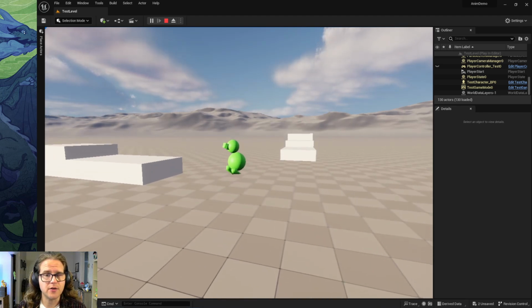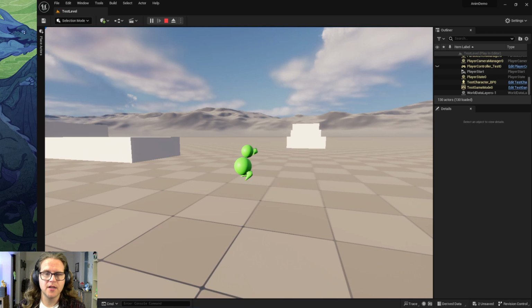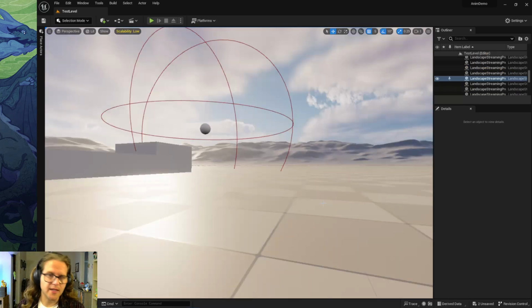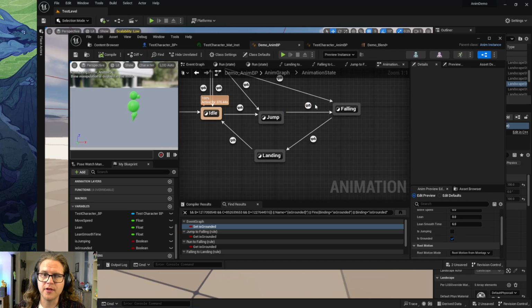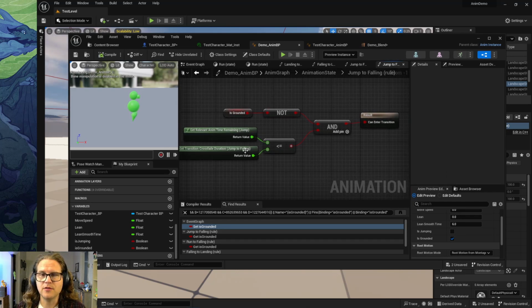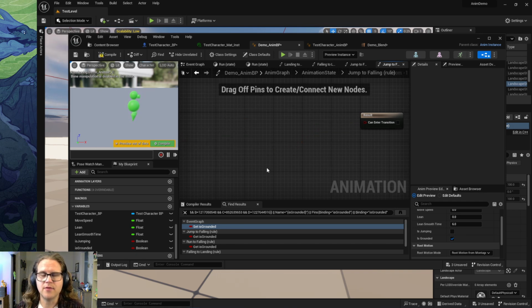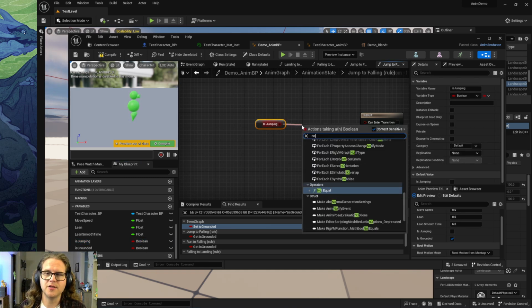Since we jump and the animation hasn't finished, it has no way to get out of this animation. So we set up a transition rule here that wasn't correct. What I think we need to do instead is get rid of all of this, because none of that's right. And we just use the is jumping Boolean